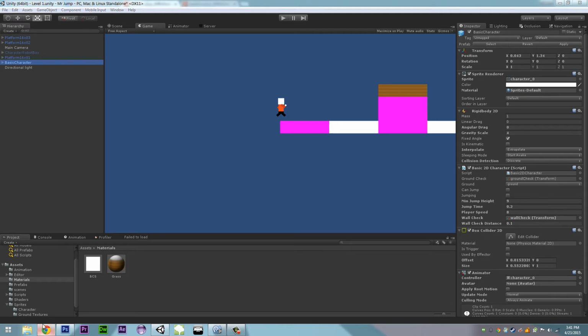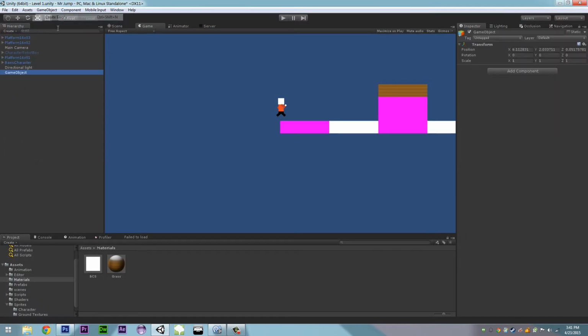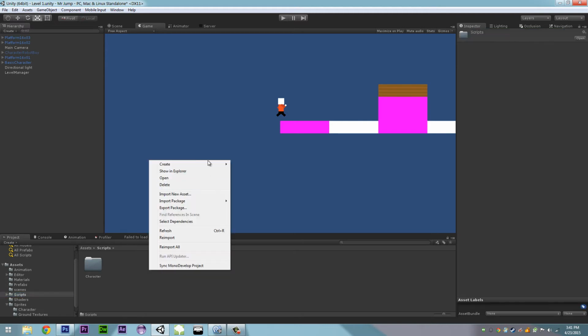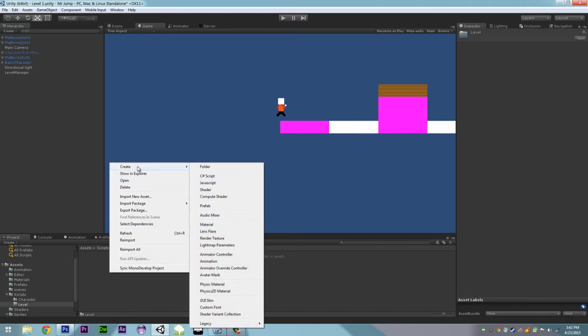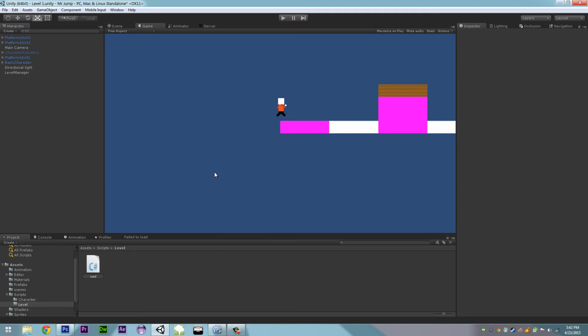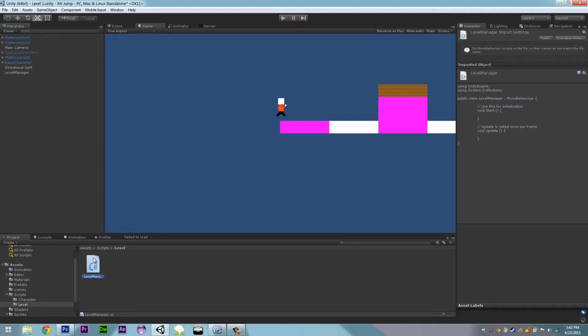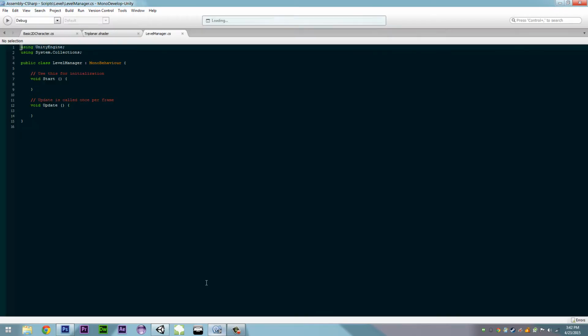Alrighty, sorry. So what we want to do is create a new empty game object, and this will just be the level manager. We're going to go into our scripts. We're going to create a new folder for level, then a C# script for the level manager. So if we open that up,